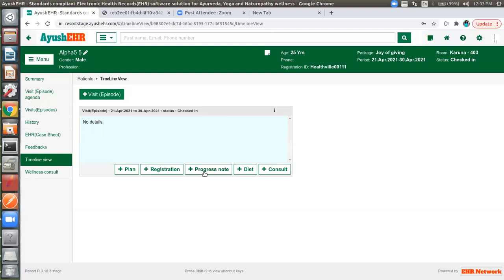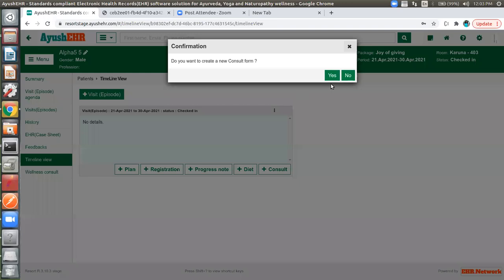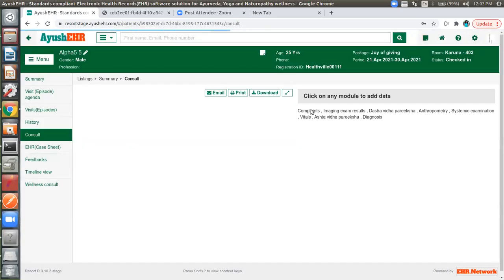Here we have it segregated into 5 modules like registration, consult, diet. Under this we will get certain types of modules. So if we create a consult, we can see these module sets under consult.